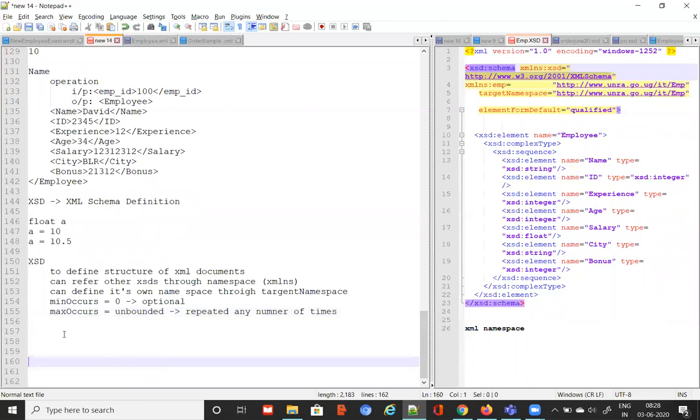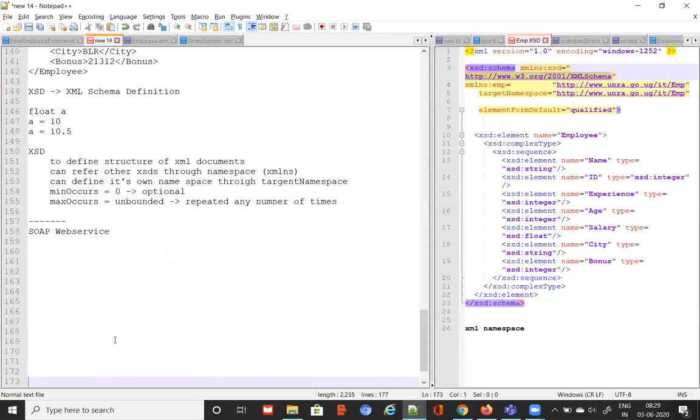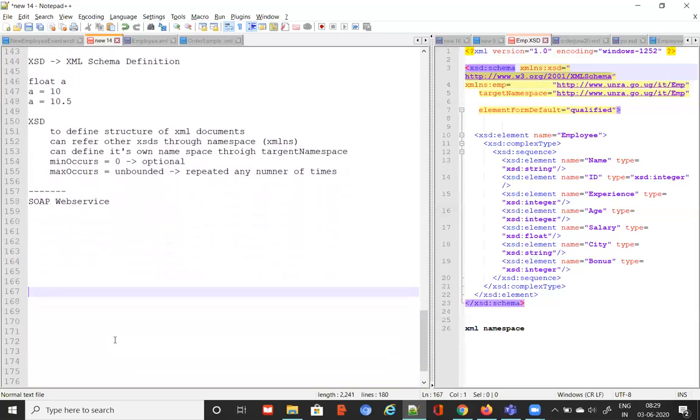Fine. So now let's talk a little bit about WSDL. I may not be completing that today, but I'll give an introduction about WSDL and SOAP web service. So what is a SOAP web service? There was no separate web service earlier, right? We were having only one web service called SOAP web service. SOAP web services follow some structure or standards. Some of the standards are, it has to exchange data, and the payload has to be always XML.